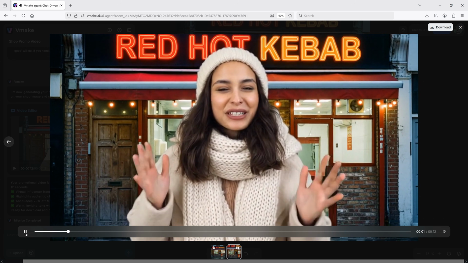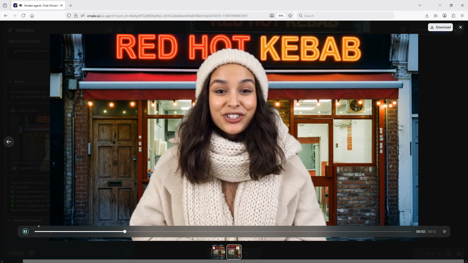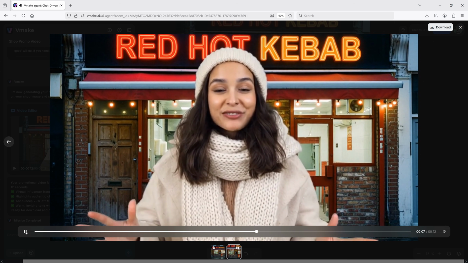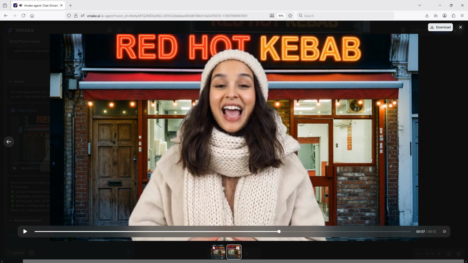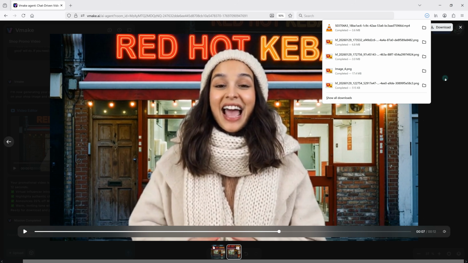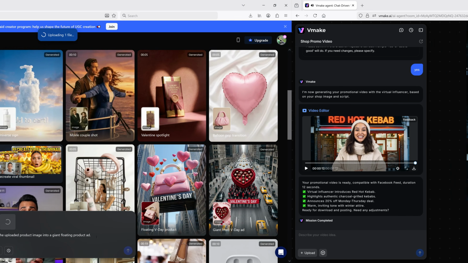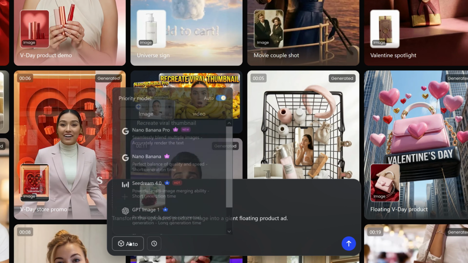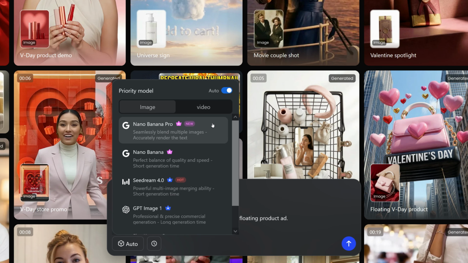So not only just the digital host is live, even the fan in the store is moving, and this is how you turn a simple storefront photo into a live video that drives foot traffic. Simply download and share. Not only promotional videos, but you can create promotional photos perfect for printing, for hoardings, for